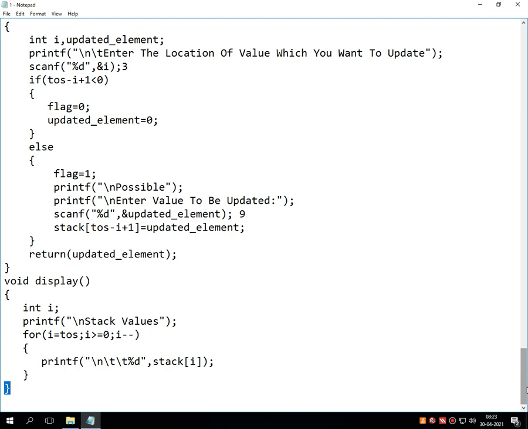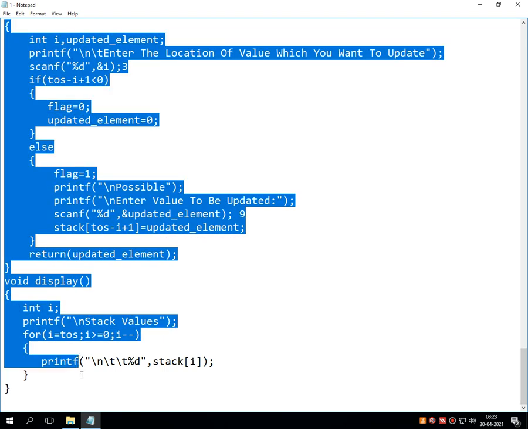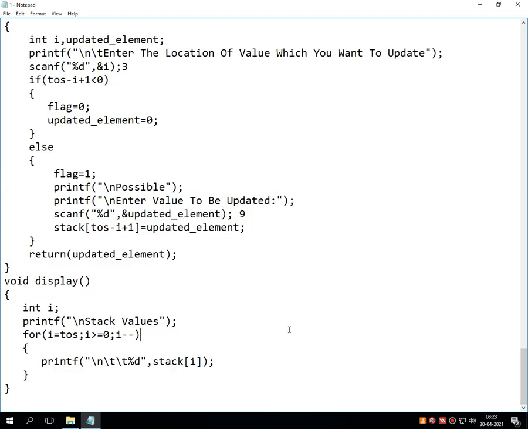So I hope all of you have written these selected lines of code. I request all the students to write down every word properly, and only then can you see the proper output onto the screen.